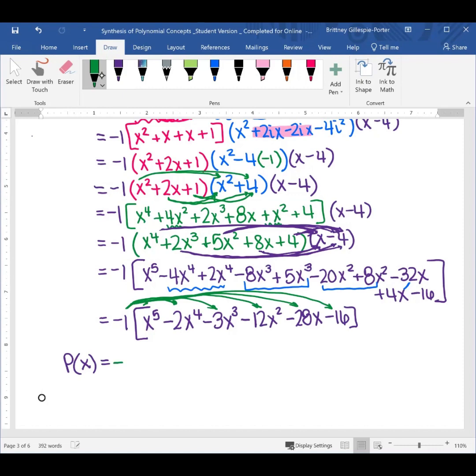So we're going to have a negative x to the fifth plus 2x to the fourth plus 3x cubed plus, changing everybody's signs, 12x squared plus 28x